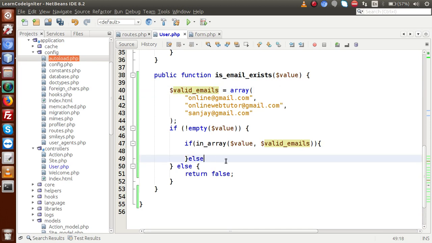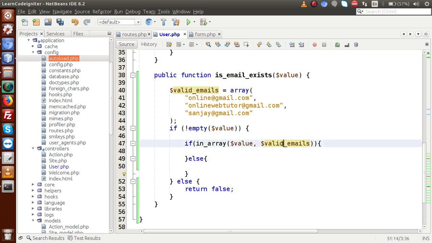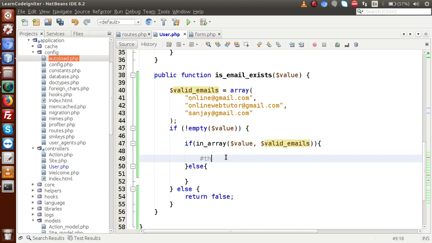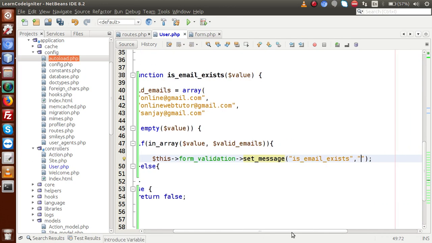So in that case, we have the value inside this valid emails array. After getting this value inside the array, what will we do? We need to set our error message. So let's say this form validation. Inside this form validation library, we have a function called set message. Inside set message, we need to pass the function name, so is email exist. Now in the second parameter, we need to pass the error message. We want the curly braces and field,